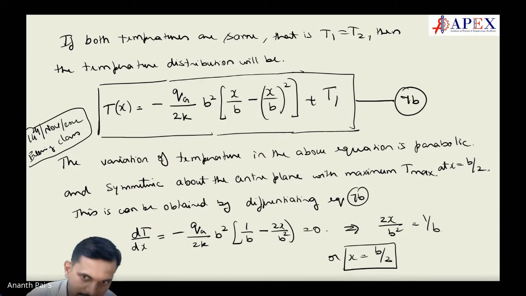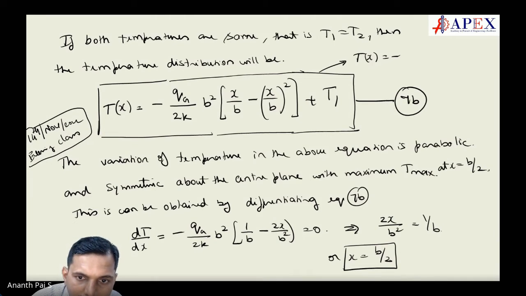Oh, yeah. This is a mistake in the book only. So what will happen? You write this as positive, this as negative. It should be x by b the whole square minus x by b. Correct this, students? This should be equal to minus Qg, or I'll write here